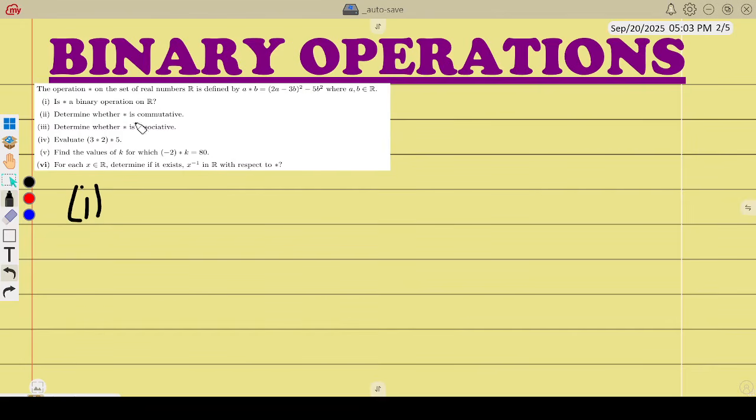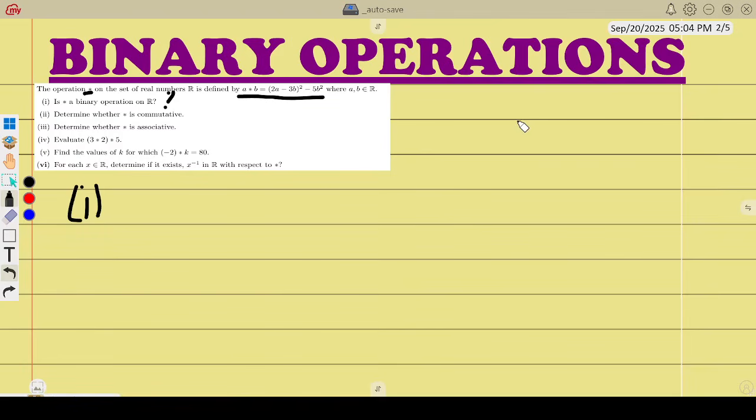So we have a question here. The operation star on a set of real numbers is given by this, where A and B are members of the real numbers. Is the operation binary on R? So when questions come like this,